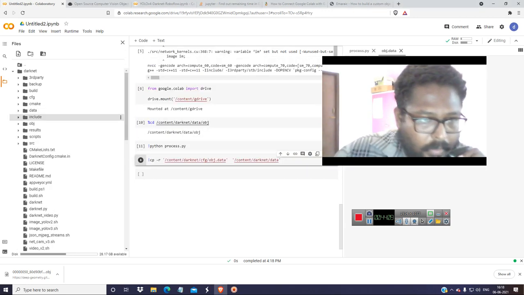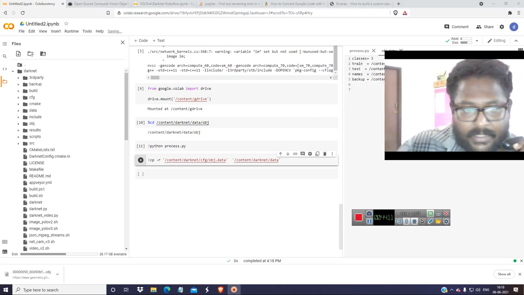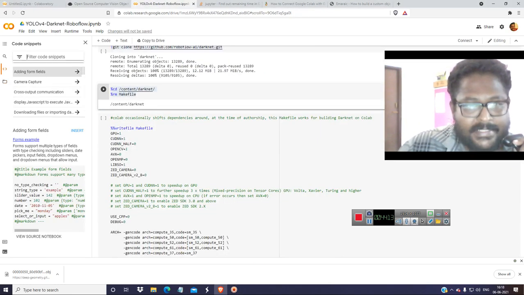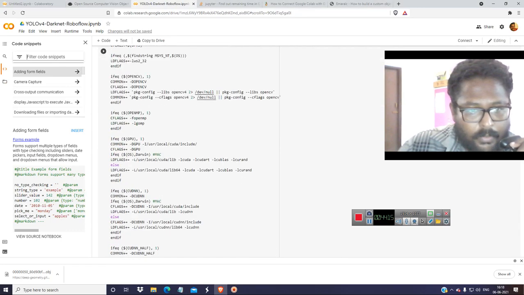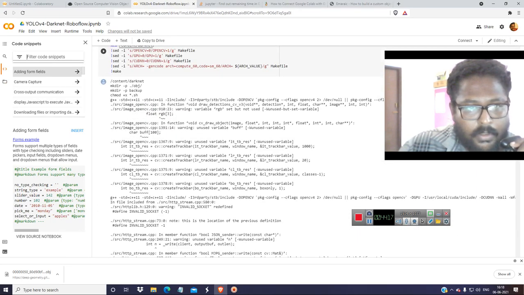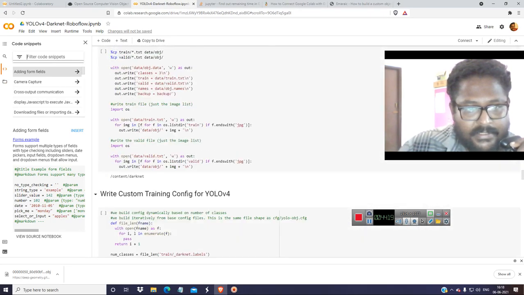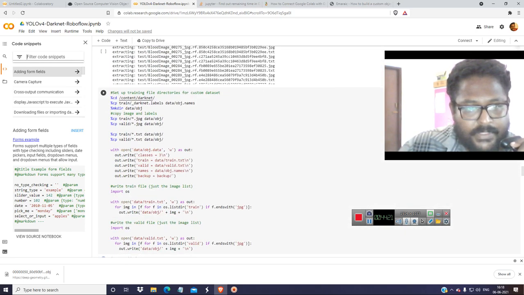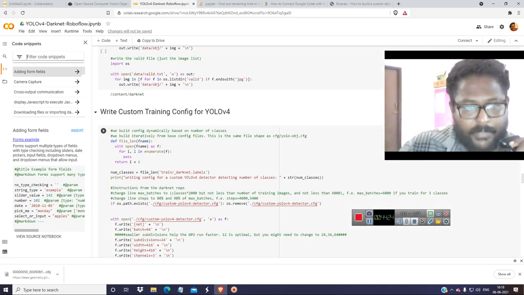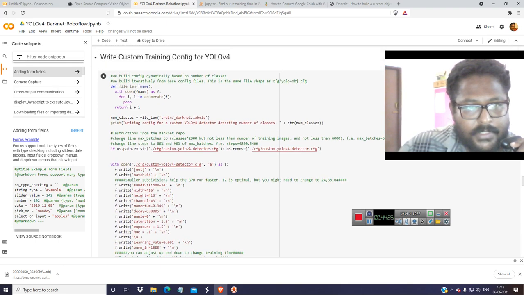Now what you have to do is, after all this is over, you have to make the cfg file. So in order to make the cfg file, you just go down. So not these things. These are all the preparations we made. So the changing this into obj.names, these are all not needed.